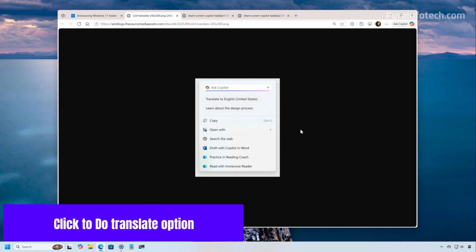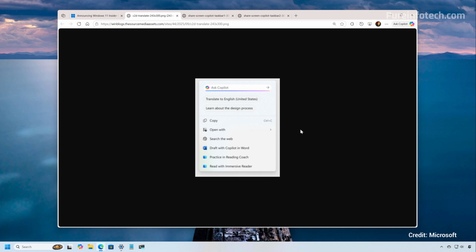Microsoft is also updating the click to do actions menu. In previous builds, we had seen that the company is working on adding a Copilot prompt box on the menu, but now, as part of the suggestions, we're also going to see a translate option that you can use when selecting text from a snapshot. So now when you select this suggestion, then Copilot will be able to show you a translation of the selected